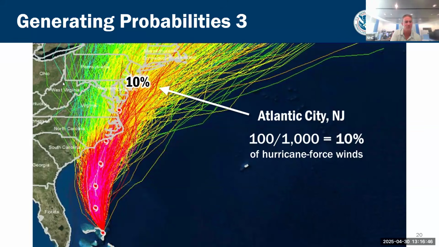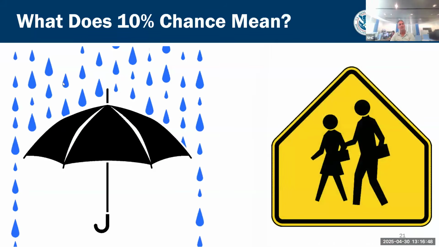But side note, what do you do with that information? What does 10% really mean? Let me ask you, if someone said, hey, there's a 10% chance of rain today, you heard it on TV, or your local National Weather Service said 10% chance of rain, do you do anything? I mean, I'm a meteorologist and I don't, because the way I look at it is, that probably means it's not going to rain. And again, what's the consequence? The consequence, if you're wrong and you don't take your umbrella, is, well, you get wet. Big deal.